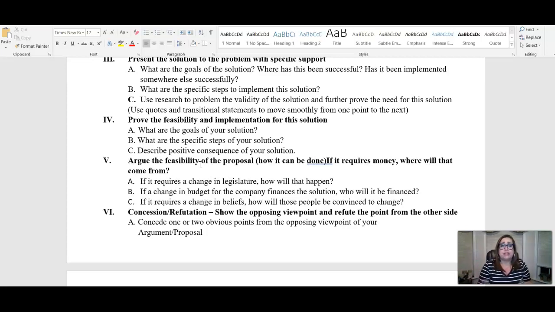A lot of times, some of these things have been tried in other states, other towns, other industries, other countries. Things have been tried with the solution, and you may be able to show how they paid for it. A couple of things you cannot do to prove how something's going to be paid for. No GoFundMes. If your friend breaks their leg and they need help buying crutches, that's a GoFundMe need. But we're talking about real research, real world things here, so no GoFundMes. That is, you don't know who's going to fund it or if it's going to be paid for,